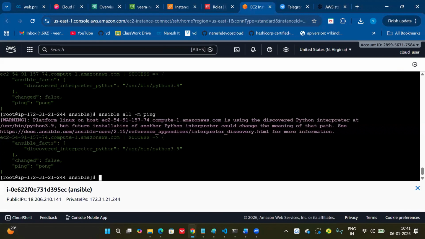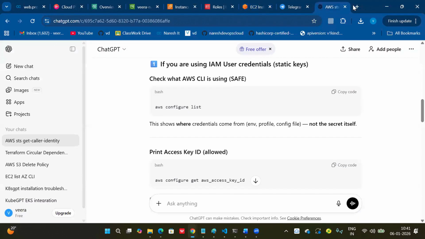If you run any YAML, let's add one YAML here. Playbook.yml, any name, test.yml or anything. You can add any playbook.yml here.